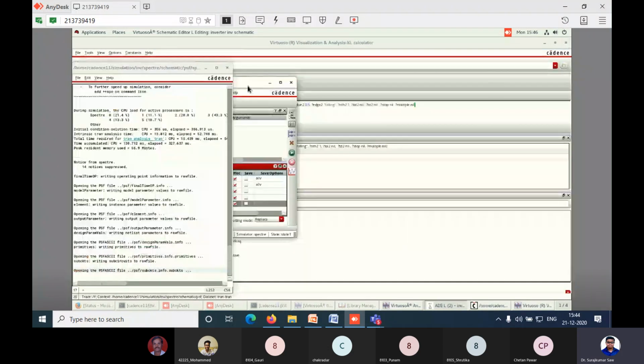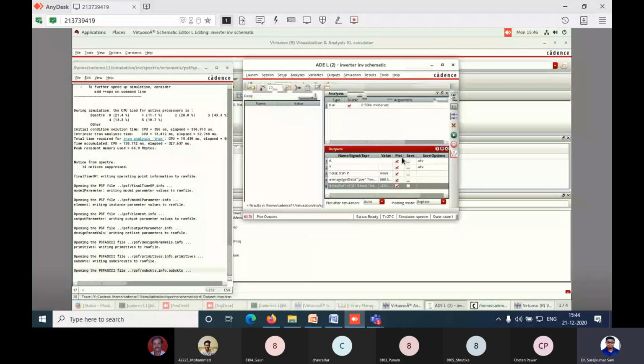I don't want the output. I only want to see the delay. Yeah, my value is plotted. See the minus sign showing here, that indicates we have to just change the signal. Signal 1 we have put as the input. We can put signal 1 as output and signal 2 as input. Then it will show you the same magnitude with a positive sign.